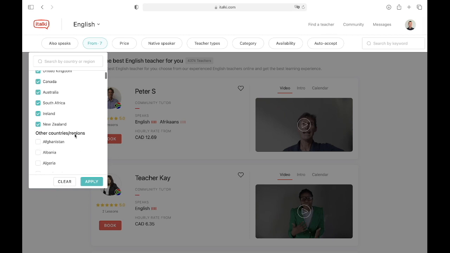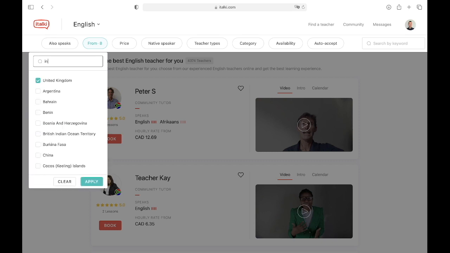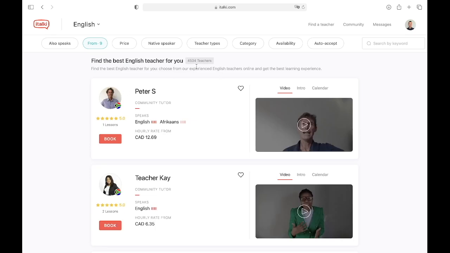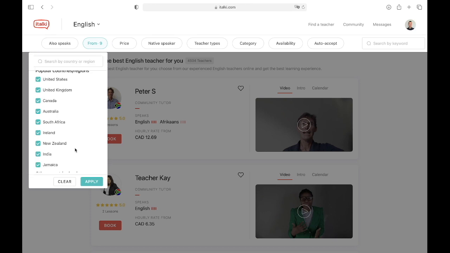Little costume change. Great, so maybe you're wondering just how common it is for non-native speakers to teach a language on iTalki. Well, let's have a look right now. So let's imagine we go to show more and we go to a few other countries where they speak English. Jamaica, we head on over to India. Let's see how that compares. Okay, so now we have 200 more right there, right? So if we're looking for English speakers of other varieties, on iTalki, supposedly less popular varieties, we do see fewer teachers. However, there is a sizable amount. So you could kind of go through here.